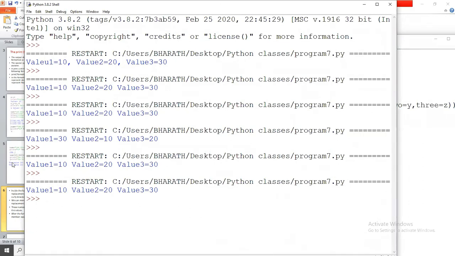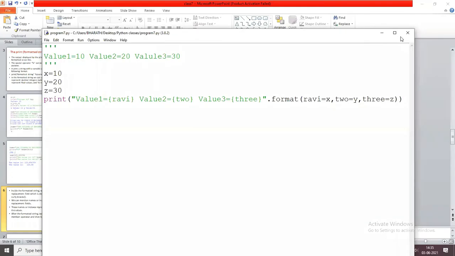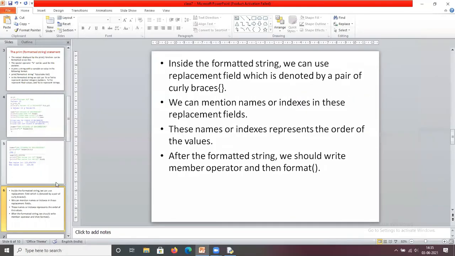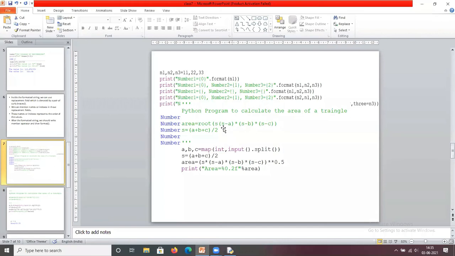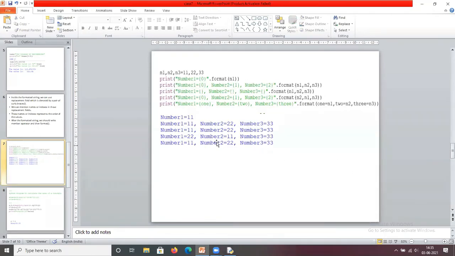Okay, so this is about how you are going to format the output with the help of the format function. So these are the examples, the same examples we discussed now.